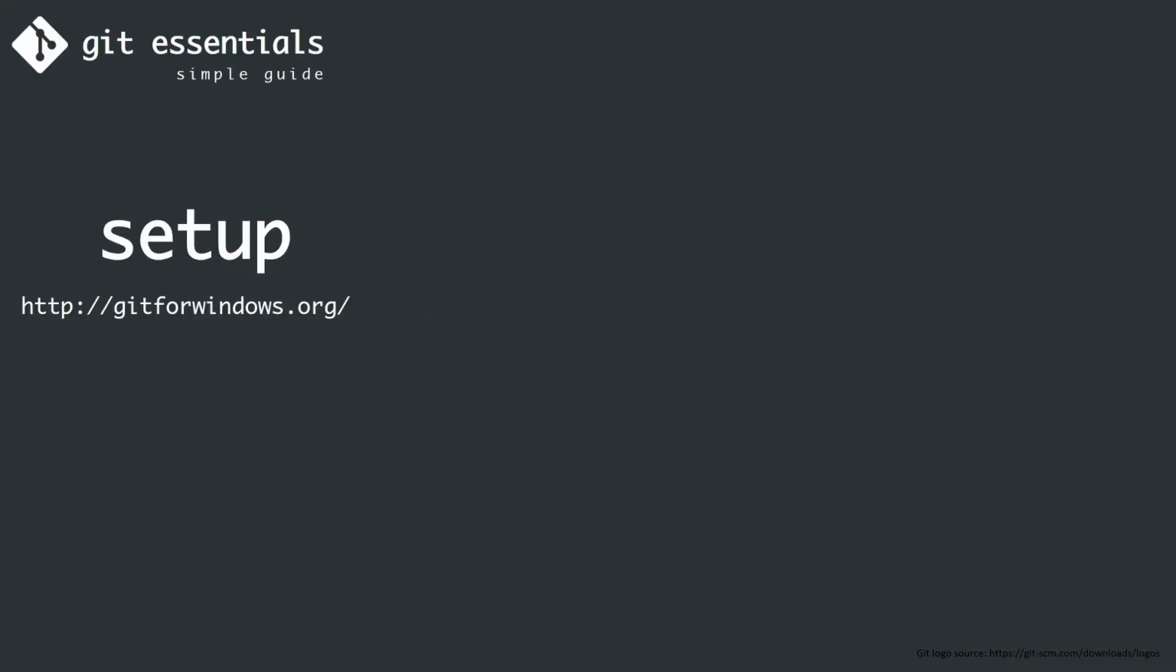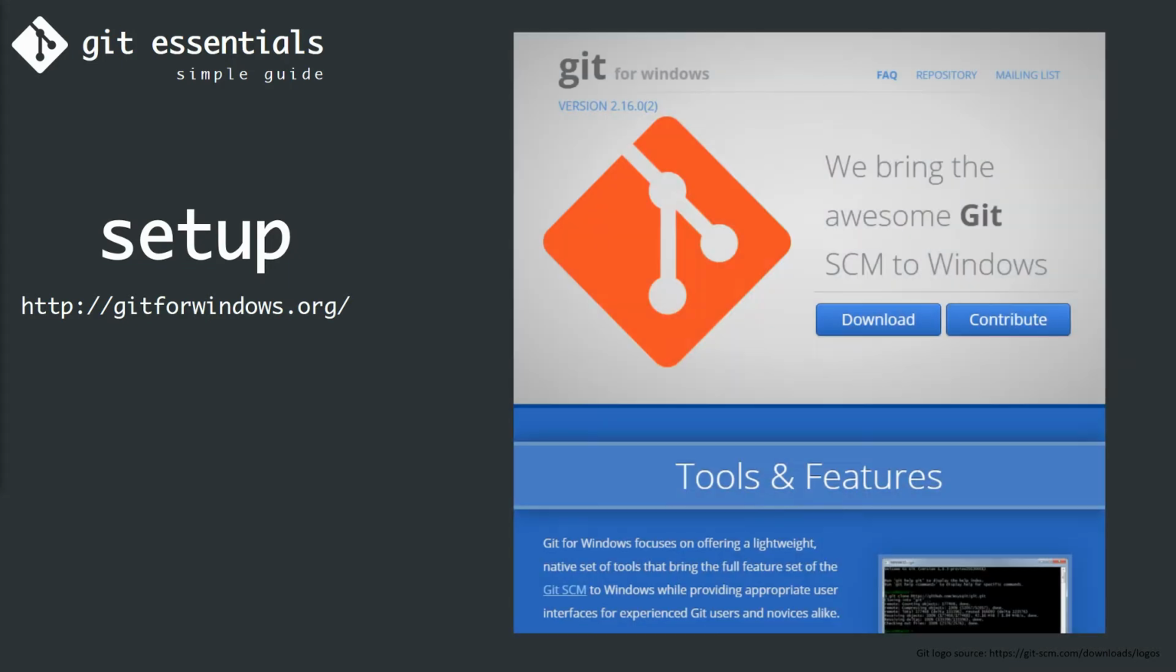How do you set up Git in Windows? To do this, you have to go to the website called www.gitforwindows.org. Git for Windows offers a lightweight native set of tools that bring the full feature set of Git SCM